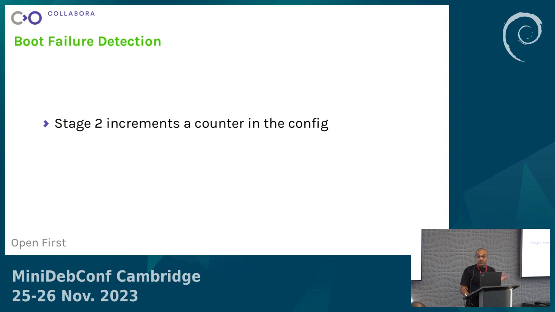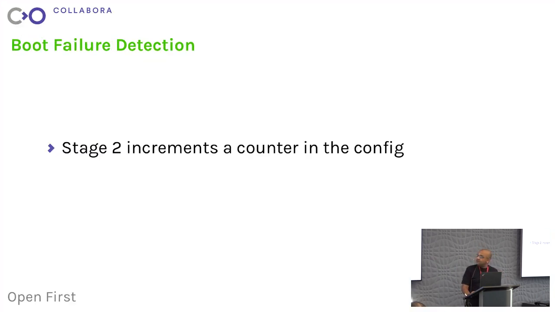And then boot failure detection. This is not actually just shininess. This is actually useful. So what we had here was, I said the stage 2 bootloader did only what the OS normally did. That is now a lie. I have it do slightly different things now. Mainly, I have it increment a boot counter in the config to say I've made whatever the previous number of attempts was plus 1